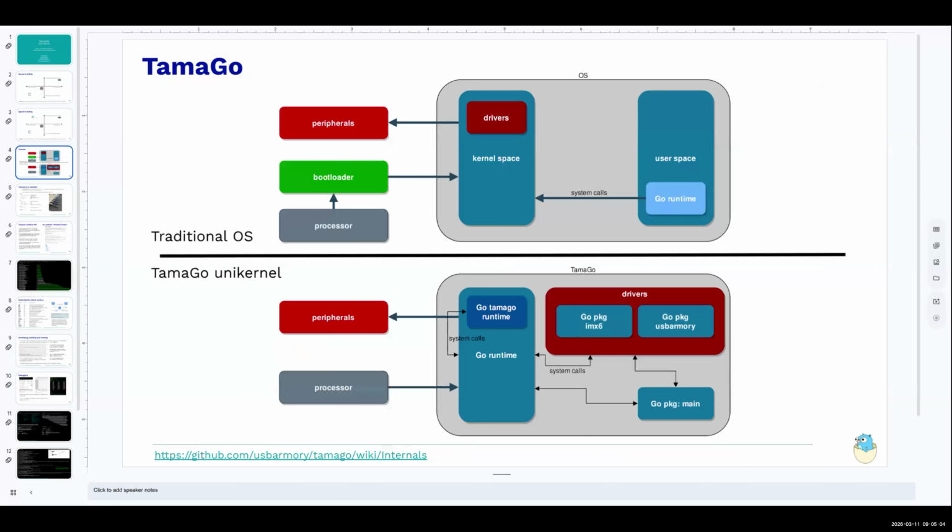So if we look at a regular Go application, which, of course, you might be familiar with, you have the Go runtime running in user space of an operating system, making system calls to the operating system, as you would expect. With Tamago, basically, we don't do system calls anymore to an outside environment, but we piggyback to regular Go code, which actually implements all of the drivers. And in fact, we don't even need a bootloader anymore because we're capable of initializing whatever hardware we have independently in full Go. So we completely remove the need for the bootloader, the operating system, the kernel space, and even the user space supporting execution of Go binaries.